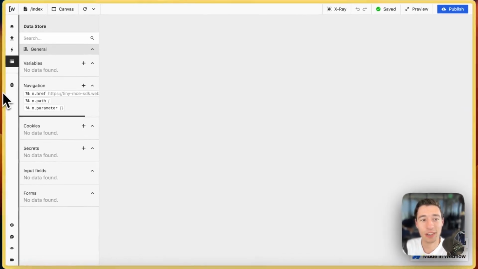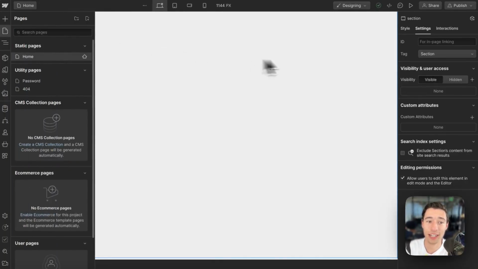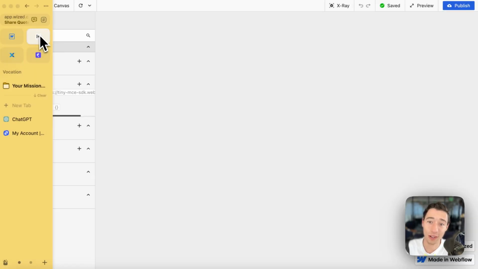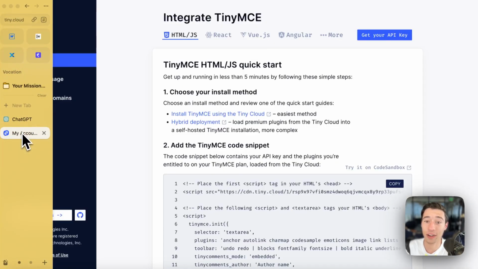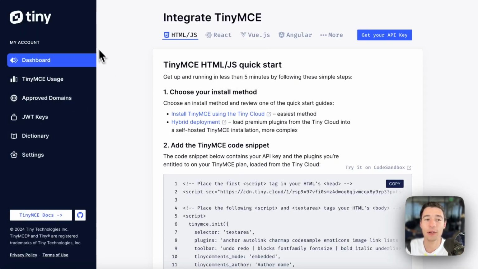So let me just open really quick my Webflow project. So the first step, as always, is you have to connect your Webflow project with your Wized project, of course. And once that is connected, we can basically start with the fun part here. So in this example for today's video, or today's live stream actually, hello, it's live, we're going to use TinyMCE